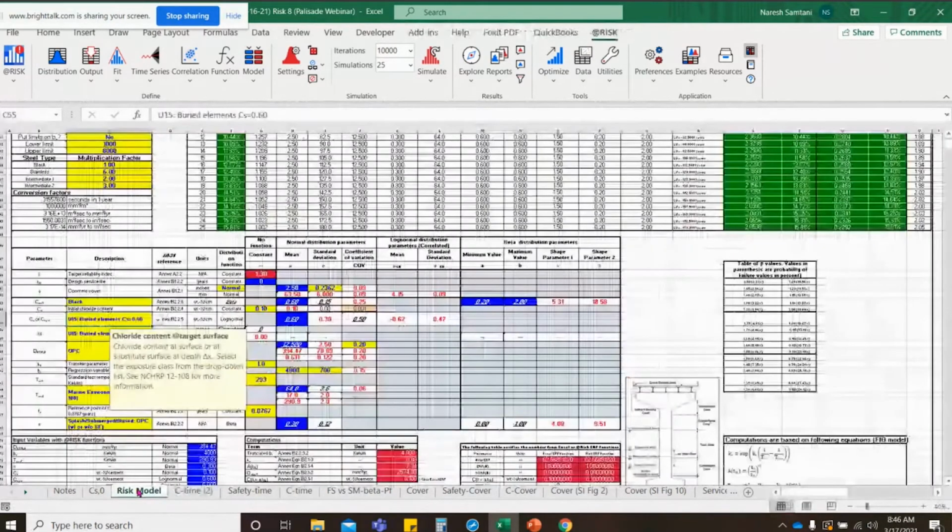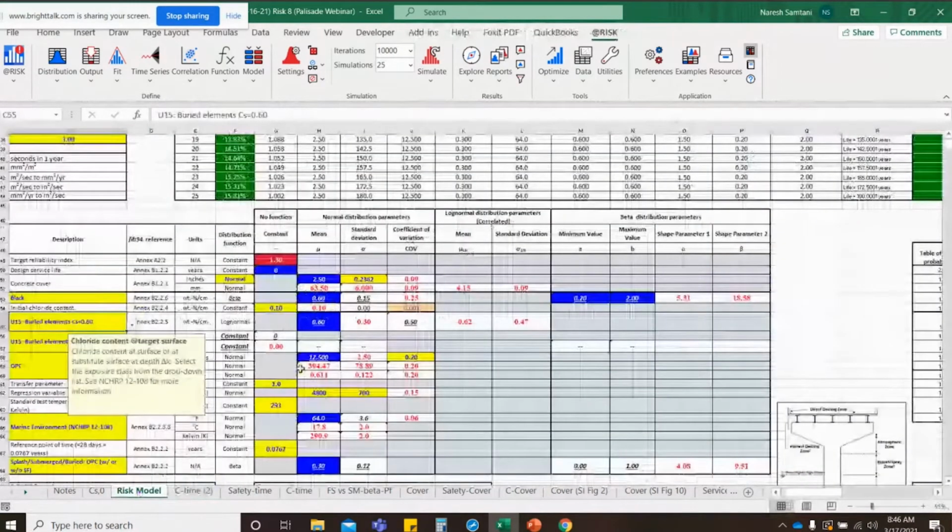So what I did was, there is a nice feature in @risk, and listen to me carefully. I don't own shares in @risk or Palisade, okay? And as a matter of full disclosure, I initially set up the spreadsheet without the @risk program. I can still do it in Excel. The issue is that when you do it just in Excel, you will be doing a lot more work in writing macros and how the presentation of the results are and stuff like that. So there are some of these features in @risk which make your job easier.